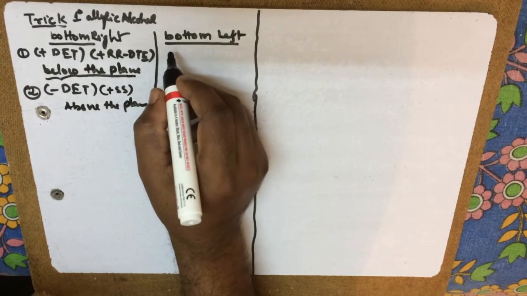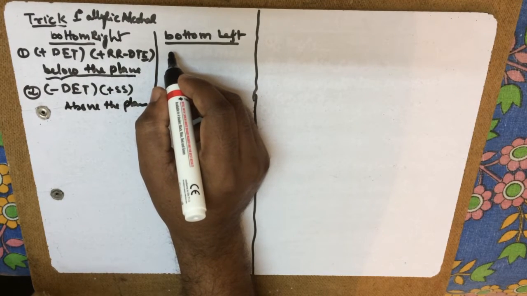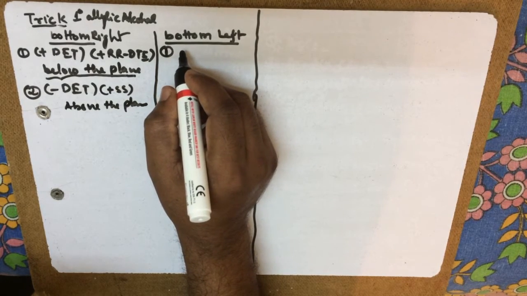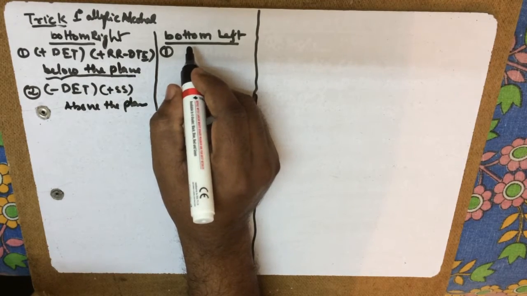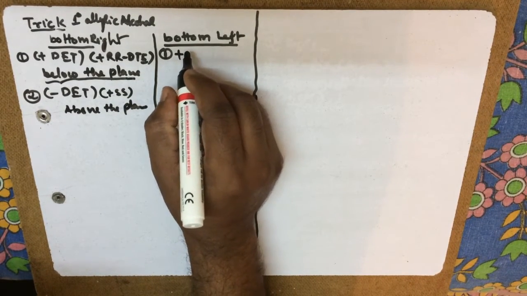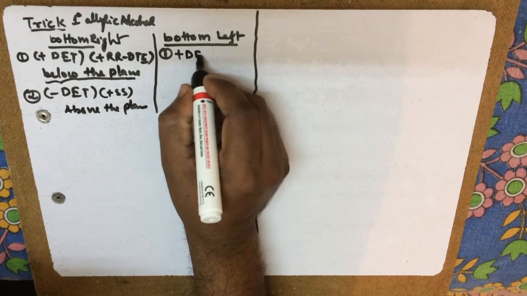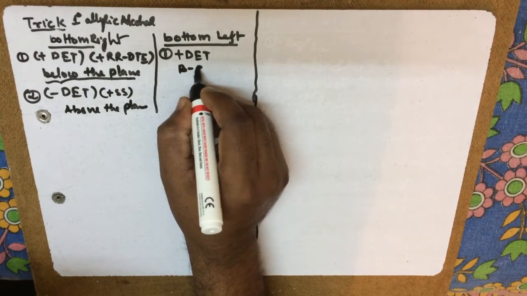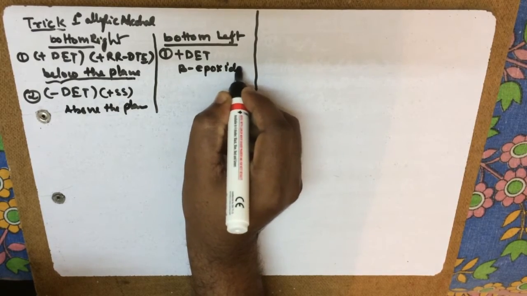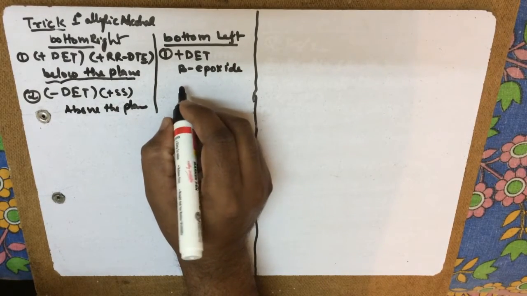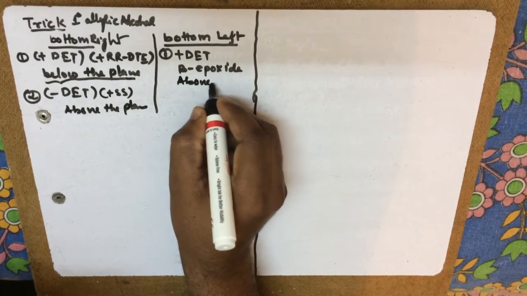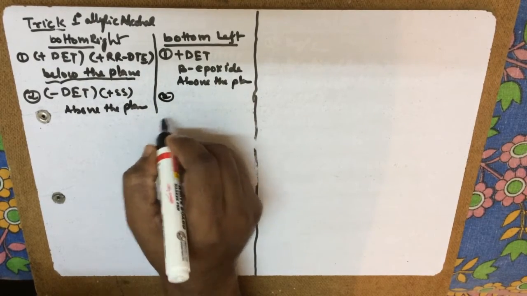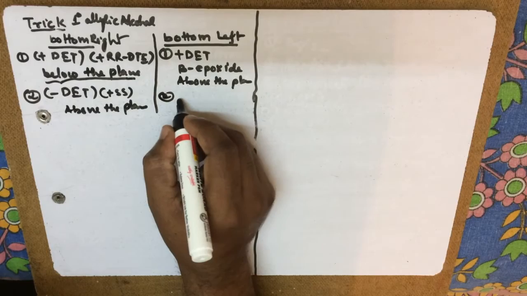Which types of condition do you have to follow? Follow means you have to see: you should have plus DET, then beta epoxide will form above the plane. And the second condition is just the opposite of this: if you have minus DET,